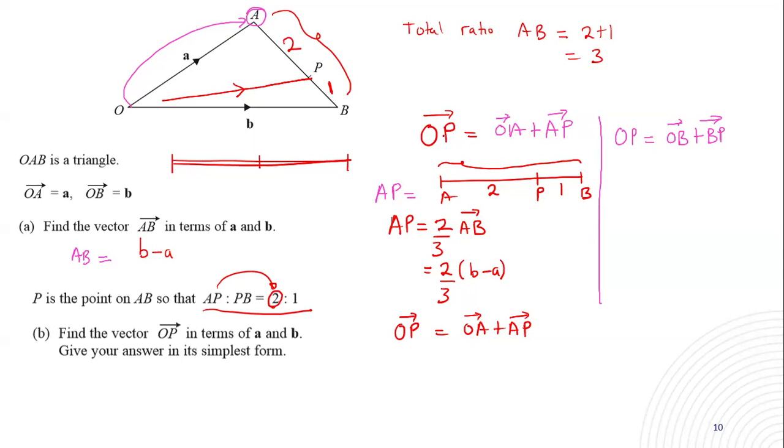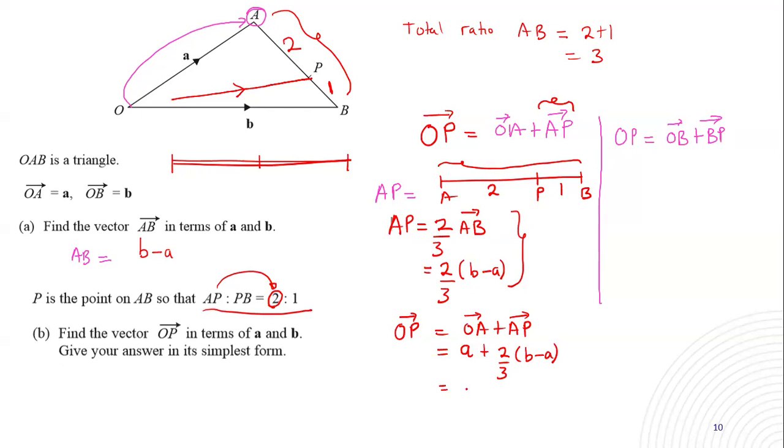An example, you are noticing that when I'm finding O to P, I know some of you can go direct. It is okay. But to avoid losing everything in case of any mistake, you can do it in parts. First find AP, such that in case this one is correct, you can be scored. But once you combine everything at a go and you make one mistake on that same line, everything will not be scored. So our O to A, since it is in the positive, this is A plus our A to P, which is 2 out of 3 of the line B minus A.